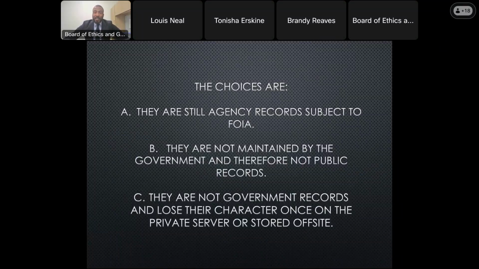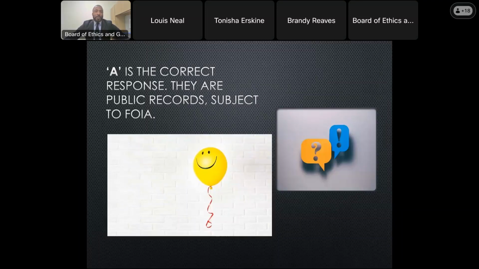C, they are not government records and lose their character once on the private server or stored off-site. Seeing a couple of folks put A, and that, of course, is the correct response. They are public records which are subject to FOIA.